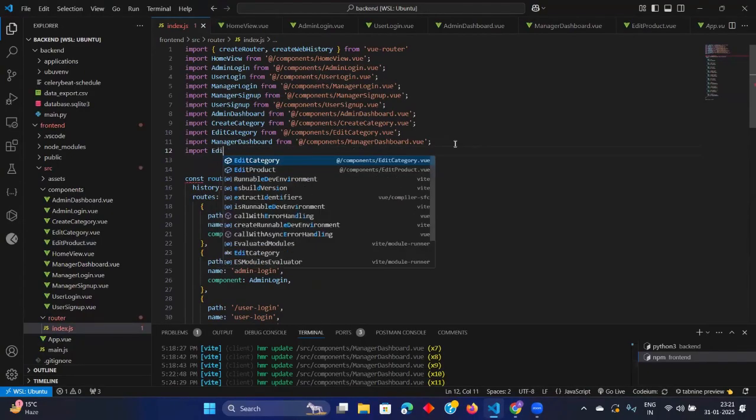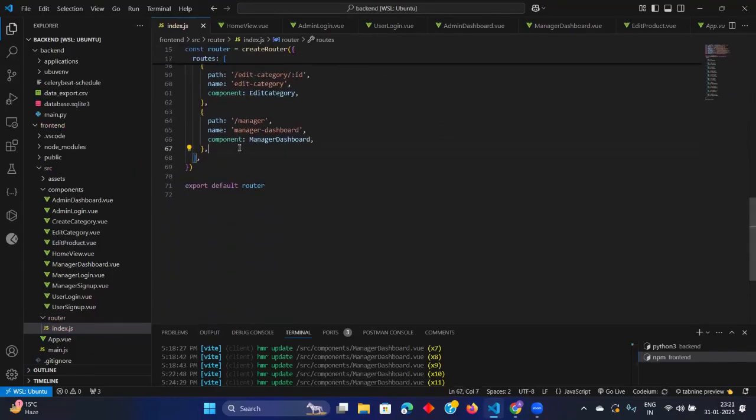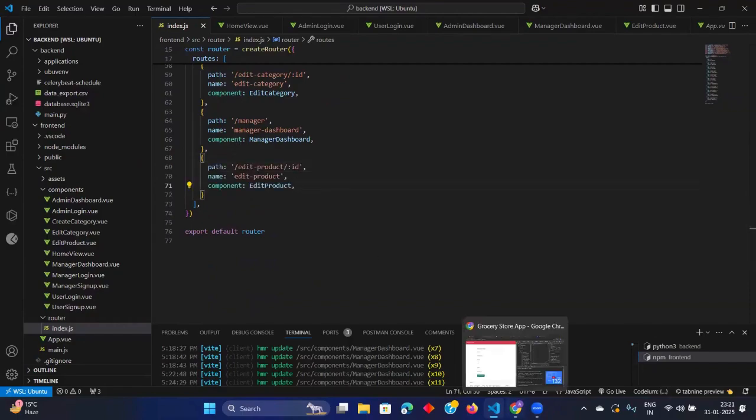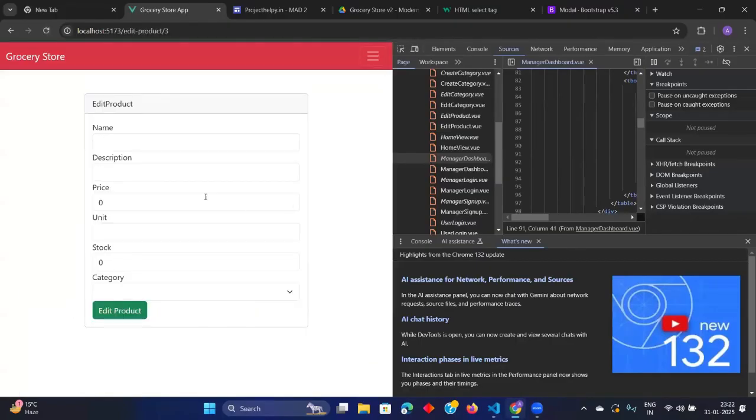Port, edit product. Okay, so let us just refresh this and go to edit.